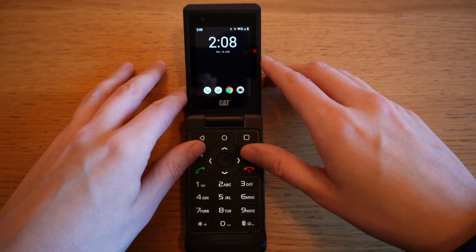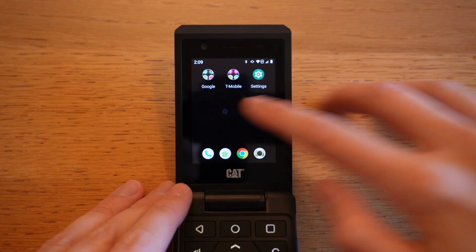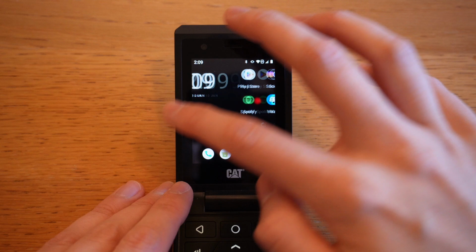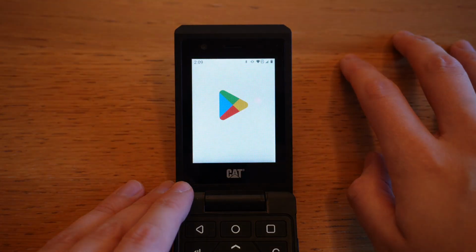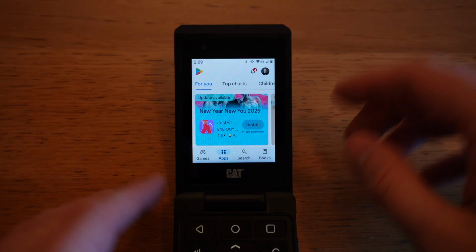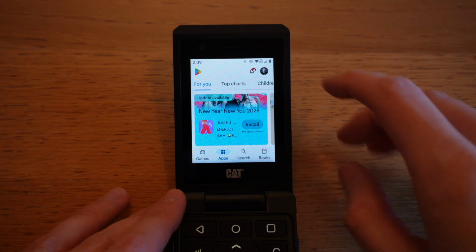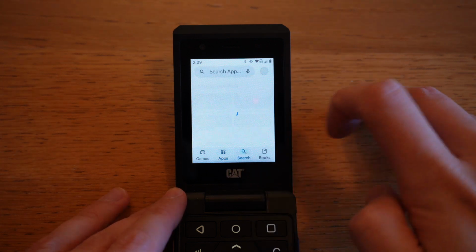Let's see what we can do with this device. So we are going to install a new launcher on this device. This is just the default launcher that comes with the CAT S22 Flip. So we are going to install a new launcher, and one that I like the look of is the Nova launcher. So I'm going to hop into the Play Store, I'm going to search,